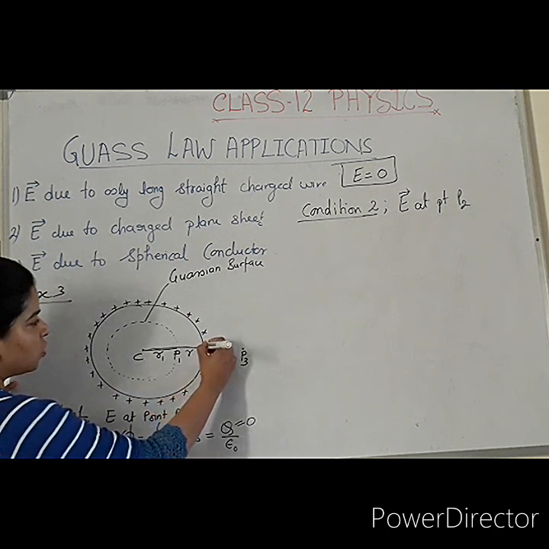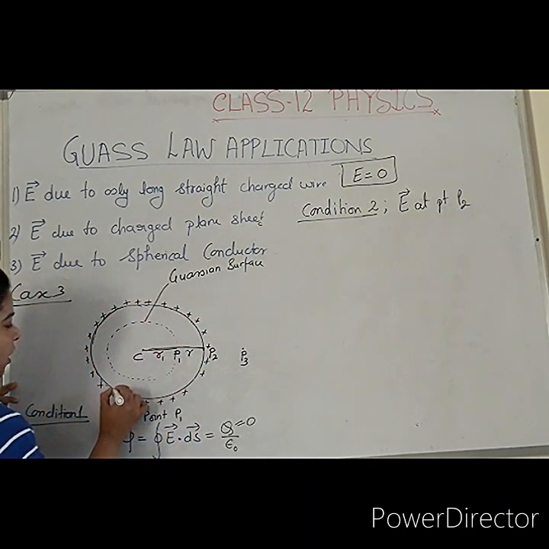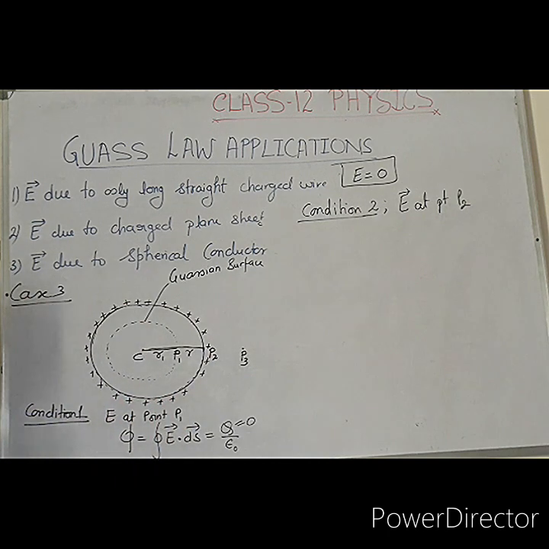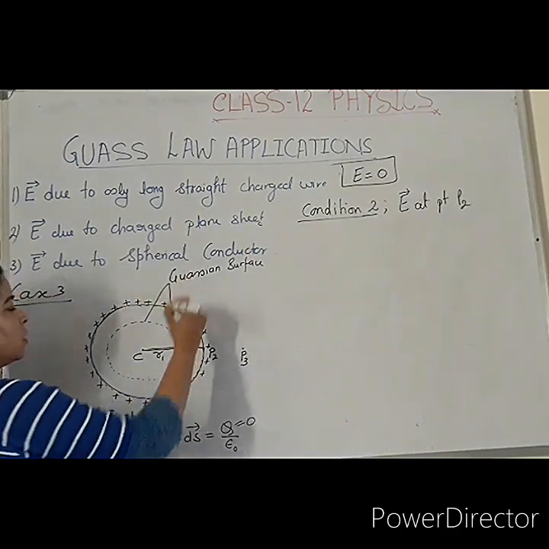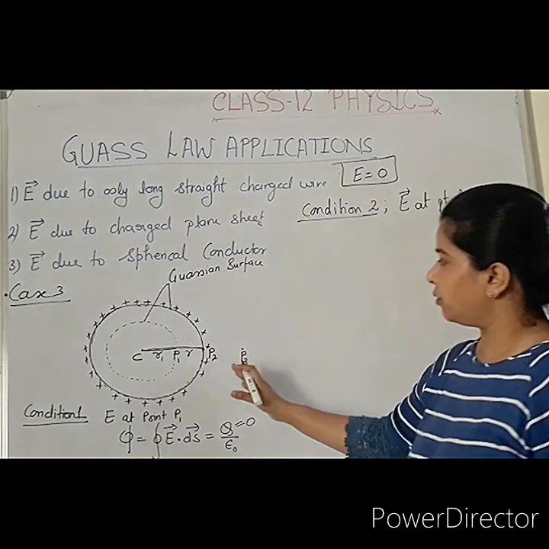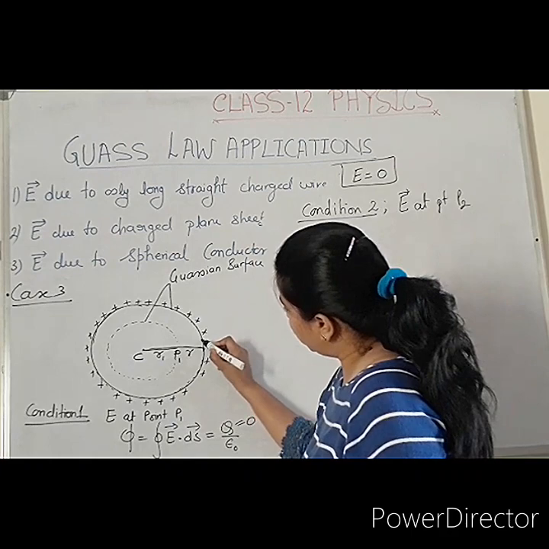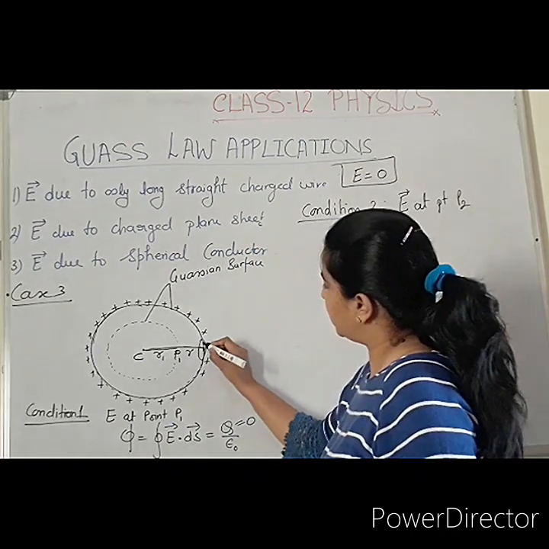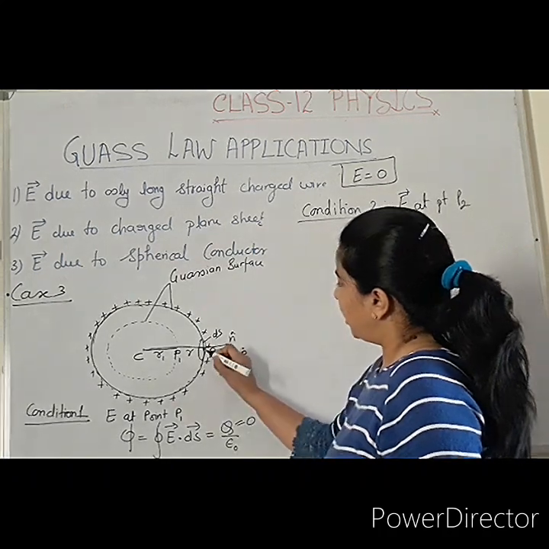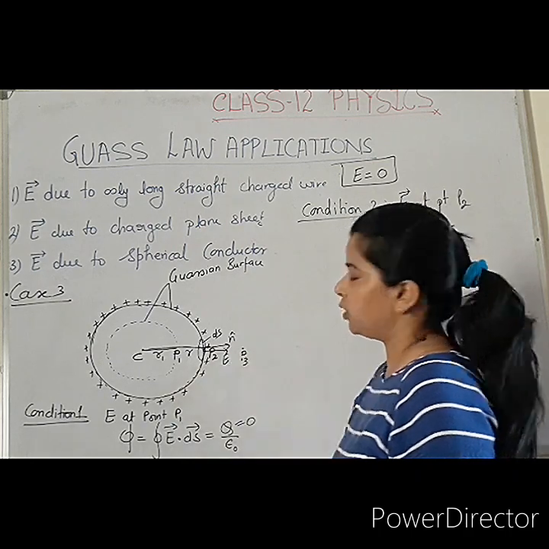The Gaussian surface is drawn over this spherical surface only. This one is the spherical surface, so the Gaussian surface corresponds to this spherical surface only. Here this is the next Gaussian surface. We can calculate the flux here, and before calculating the flux we will calculate the electric field value and surface area value. Let us take a small surface area here, ds. The normal unit area vector is n, and the electric field due to this positive charge is outward. So that is the value of electric field.